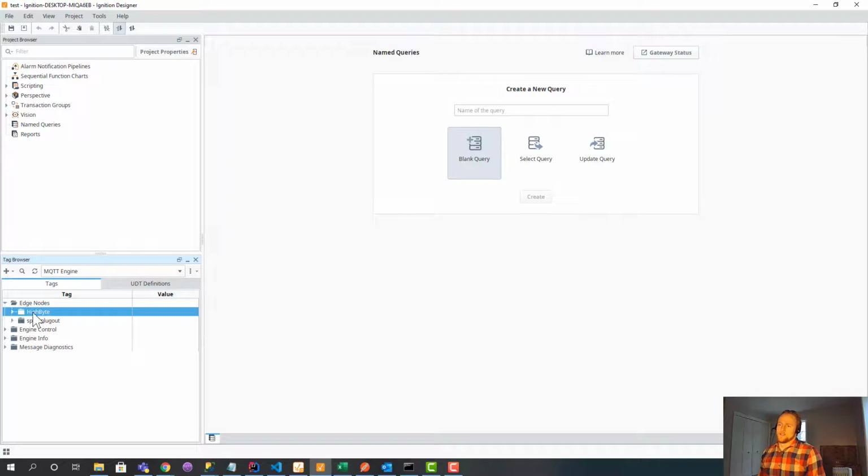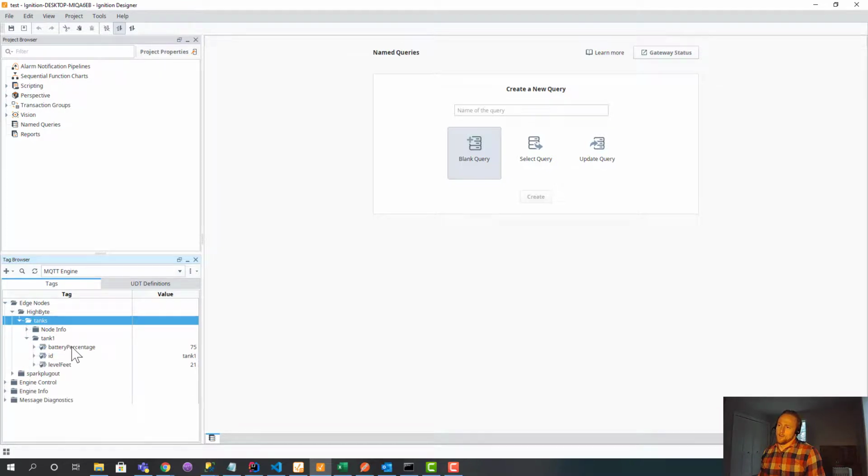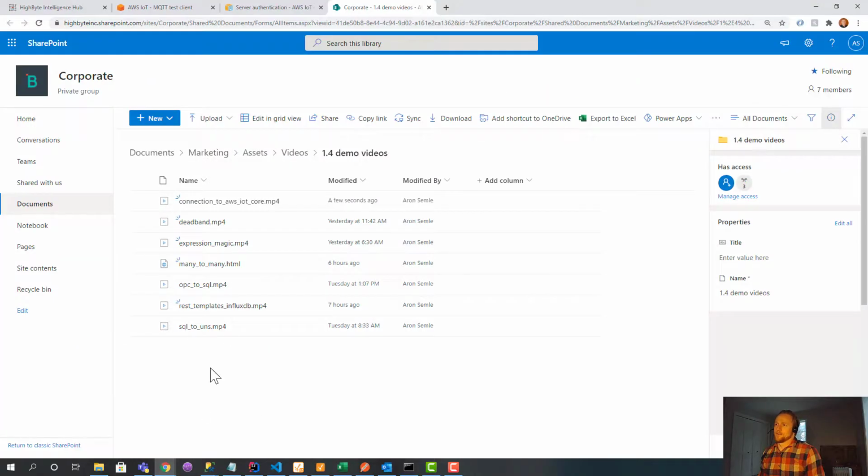And it does, right? So here's the HighByte group ID. There's the edge of node. And now we have tank 1. And look at that. Isn't that cool? We have the battery, ID, and percentage. And then if I jump back out to,